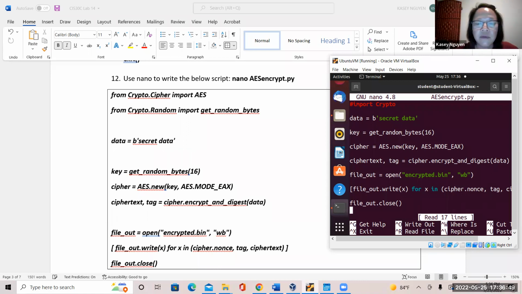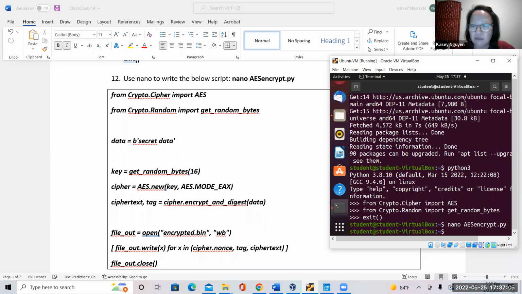So in this script, we simply output the encryption into a file, and we apply the AES algorithm. So after you have your script, you would run